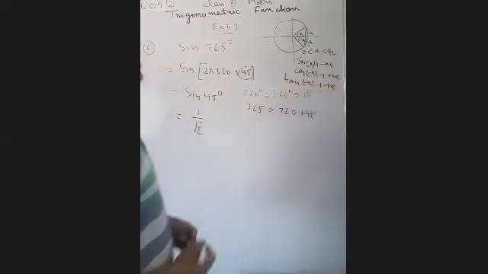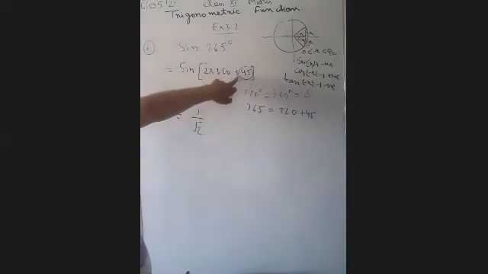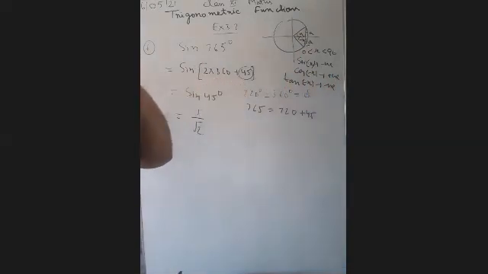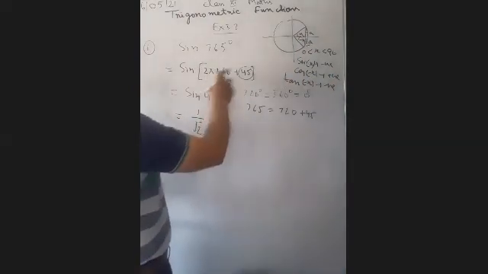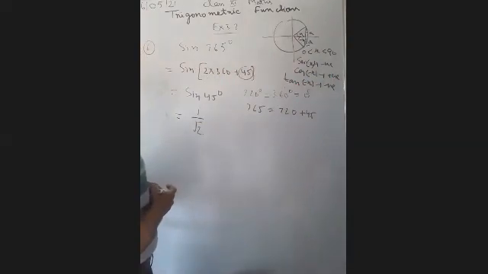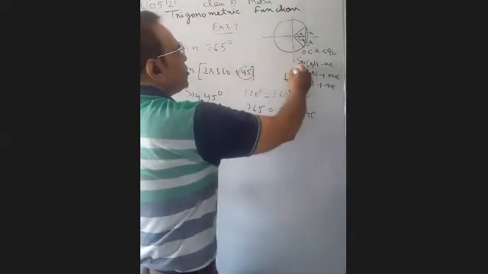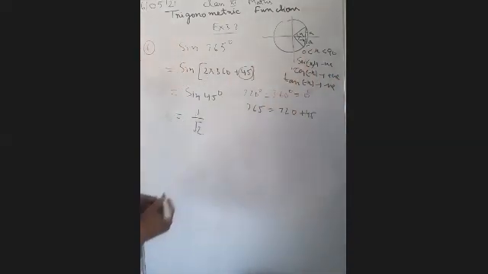ठीक है, you have to remember this one also. If we take minus sign in place of plus, then we apply the formula of 360 minus theta. 360 minus theta will be in fourth quadrant. In fourth quadrant, ठीक है, these ratios are positive: cos theta and sec theta. Other ratios will be negative.